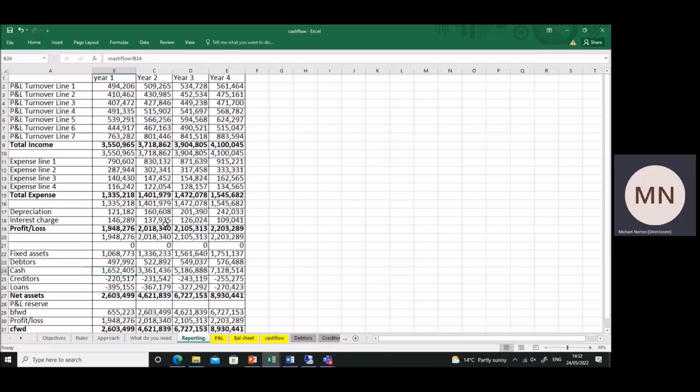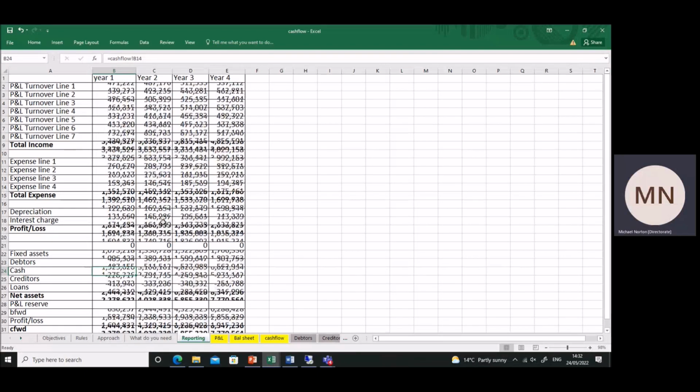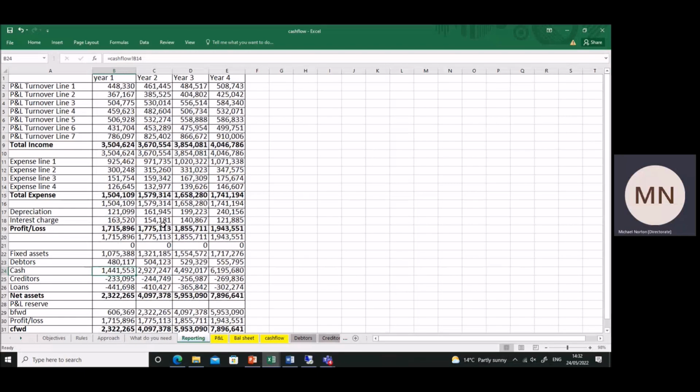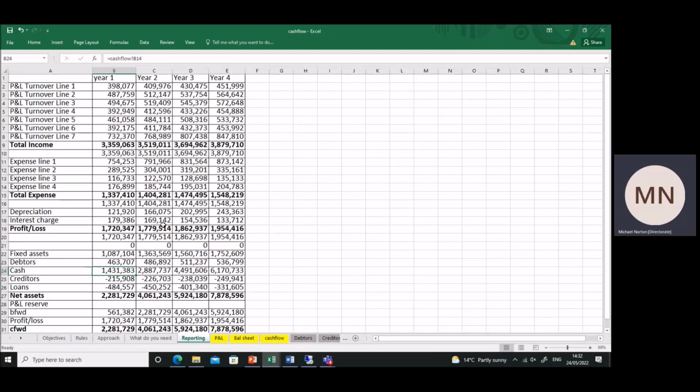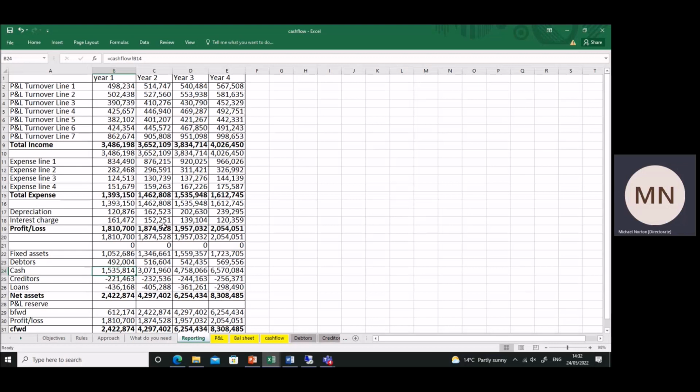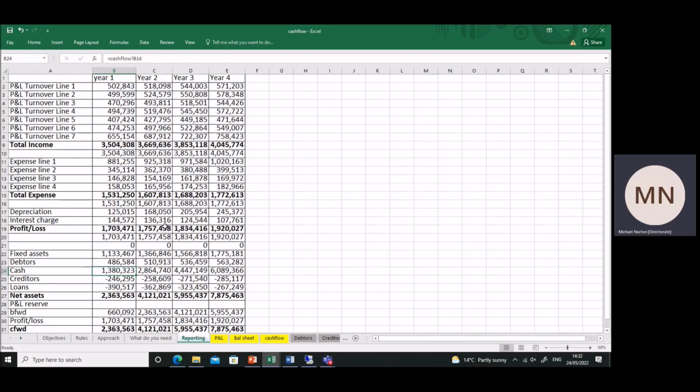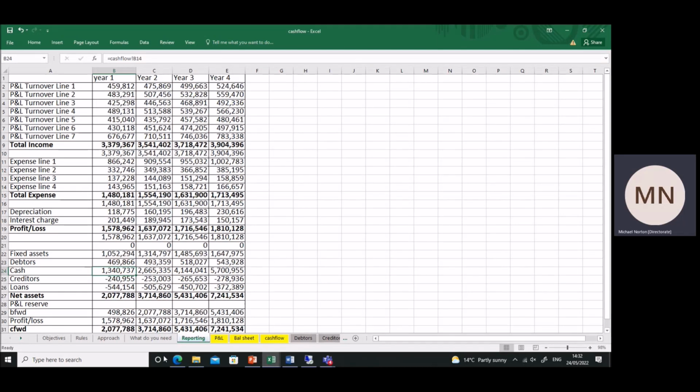It looks complex, but actually it's quite simple, provided that you follow specific rules and approach. Once you move outside the rules and approach, that's why cash flow forecasts become much more complicated and why finance directors struggle to produce these, because they move outside the rules. I'm going to take you through a very simple cash flow forecast in this video. I'll take you through the objectives, the rules, and the approach. I'll explain what you need before we start, and then we'll actually get into the cash flow forecast and see